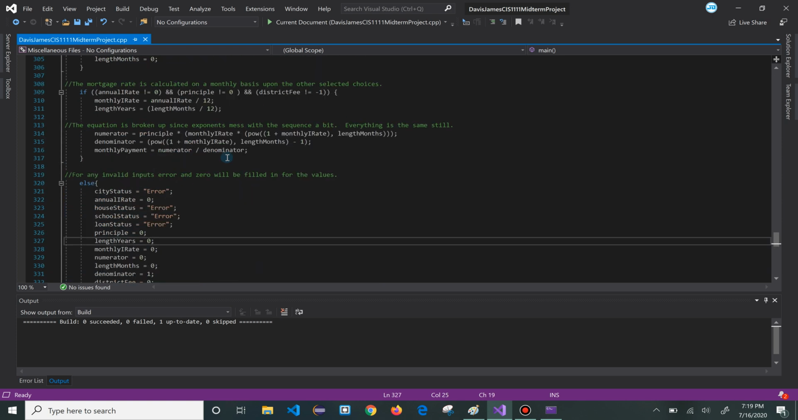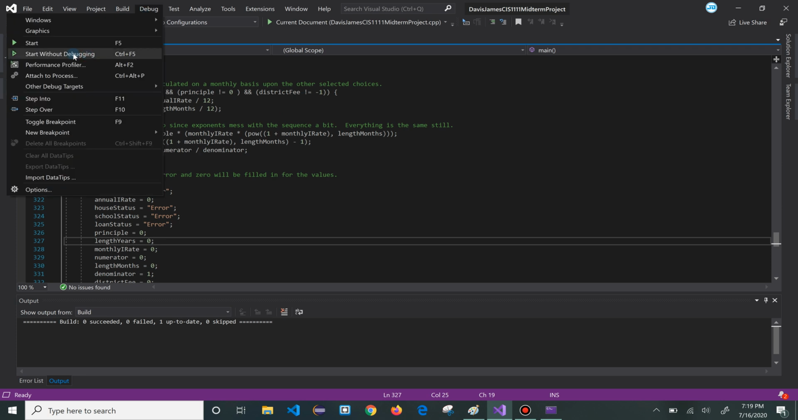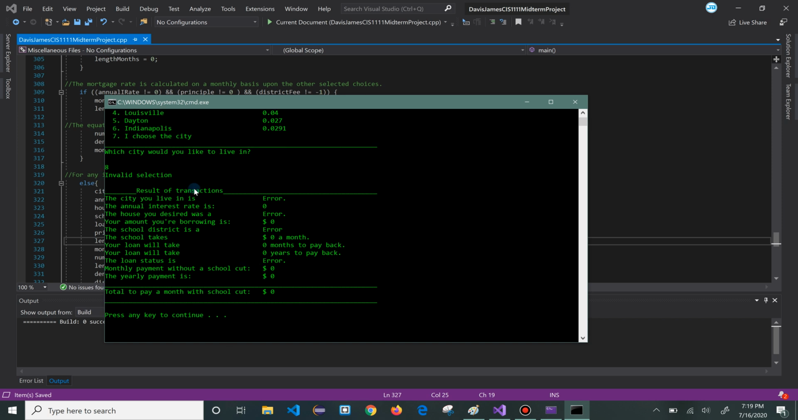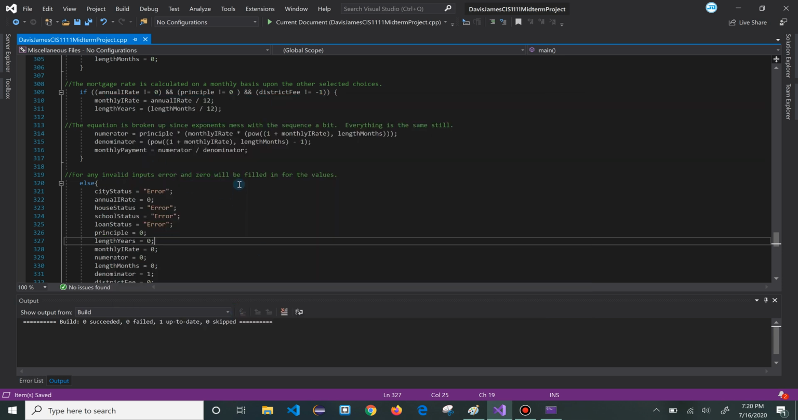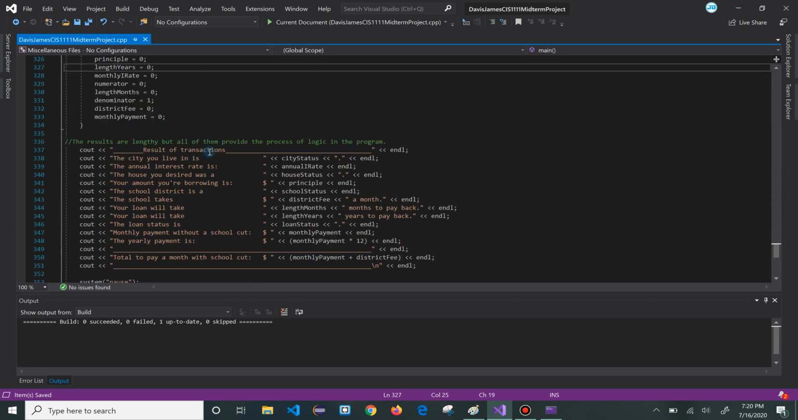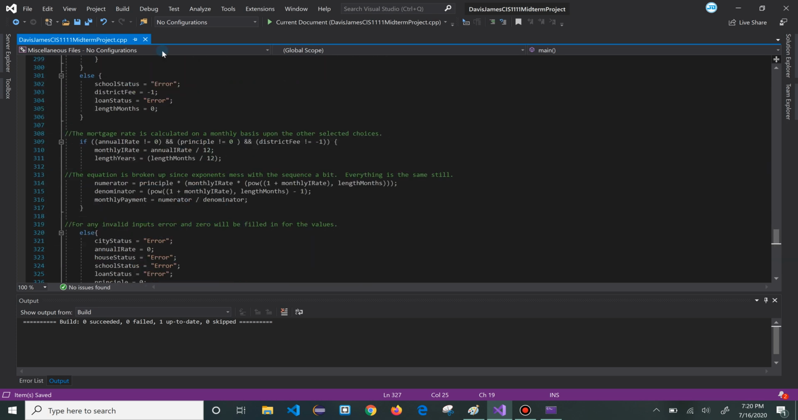In fact, how about I show you this? If I go to debug, start without debugging, and I type in 8 here. Yeah, see, it just defaults to all of these basic default statuses. But when it's done correctly,